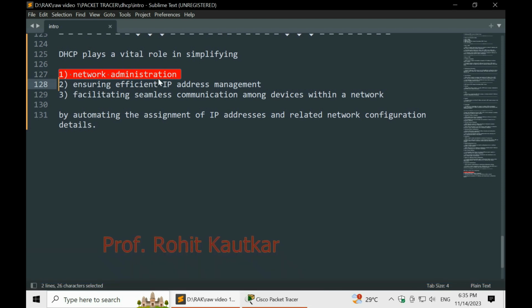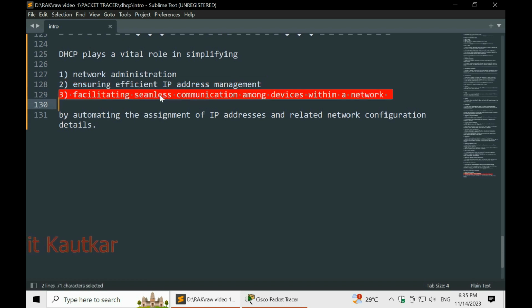It also ensures efficient IP address management by providing addresses dynamically, managing the pool of IP addresses in an optimal way by reusing them, and it provides seamless communication among the devices within the network. It does all these things by automatically assigning IP addresses and required crucial network configuration details on request. So friends, this is the overview of DHCP.